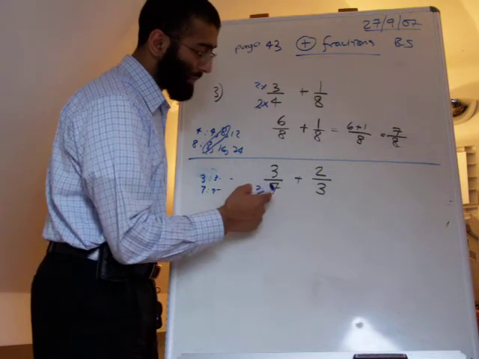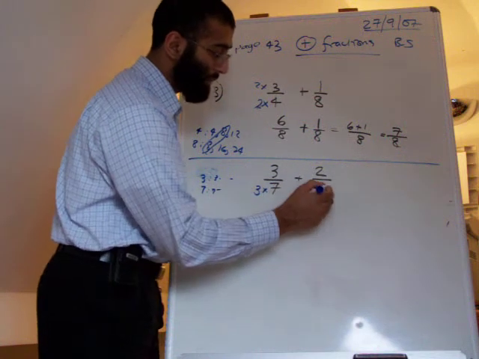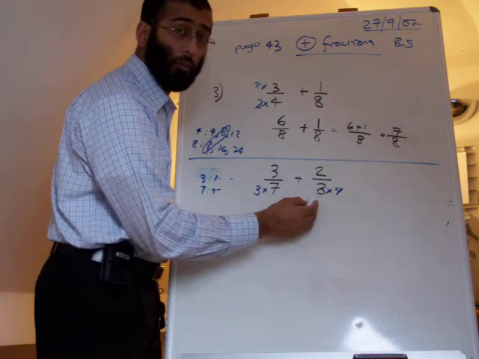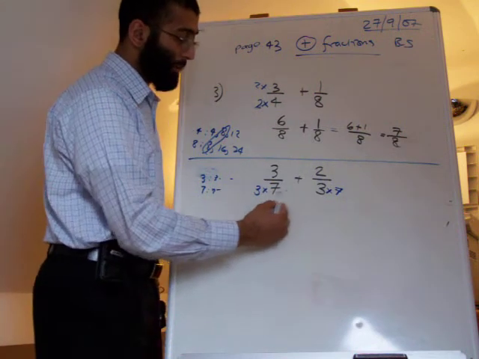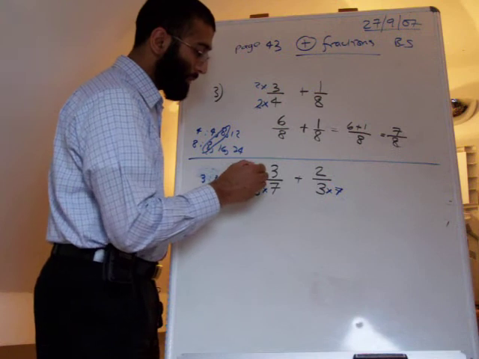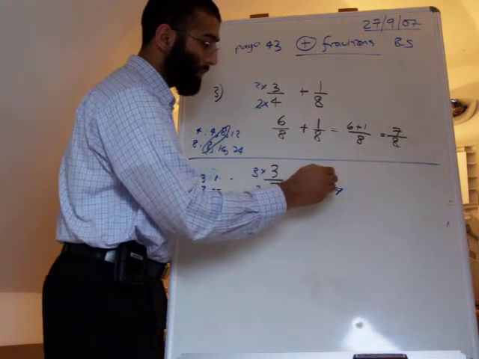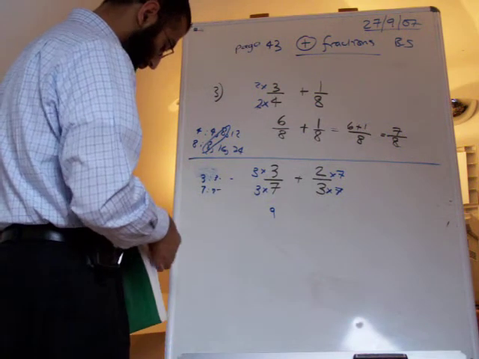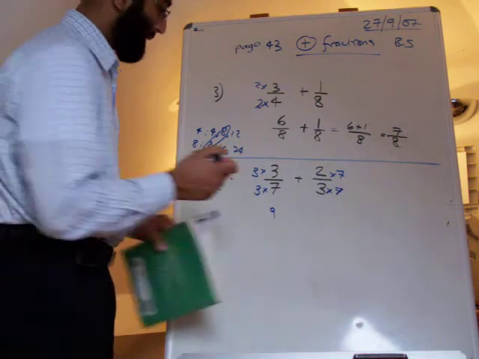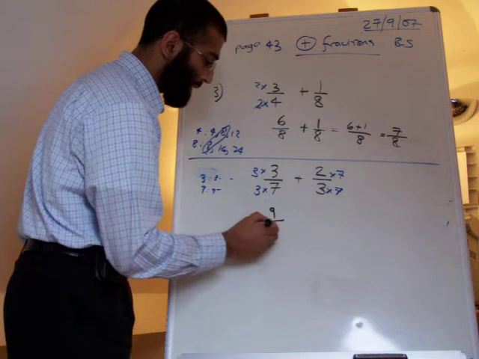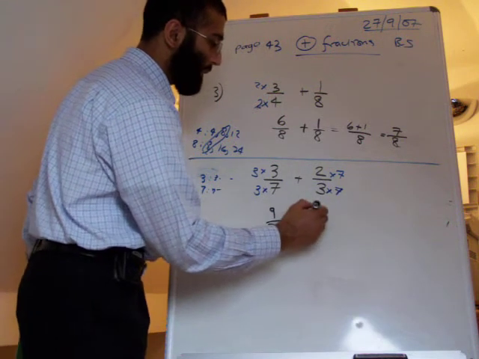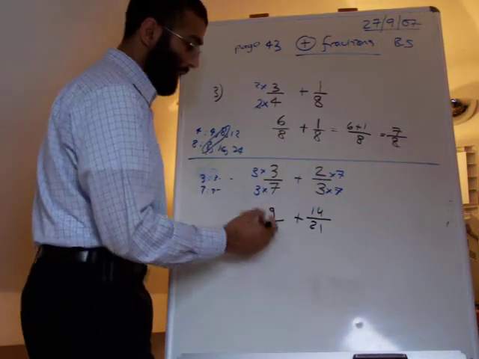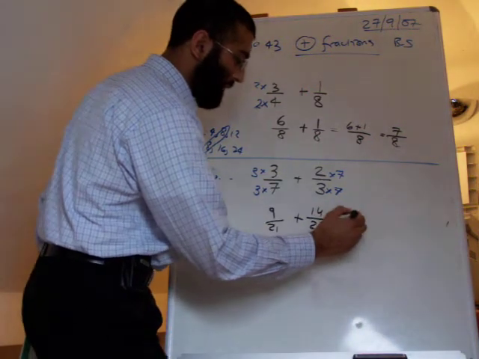Well, if you multiply the 7 by the 3, then you multiply the 3 by the 7. So we get this bottom number and multiply by that bottom number. We get this bottom number and multiply by that one, so that's what we got here. So what you do to the bottom, you do to the top. So you have 3 times 3 is 9, nine over 21. 2 times 7 is 14, 14 over 21. Okay, so 9 over 21 plus 14 over 21 will give you